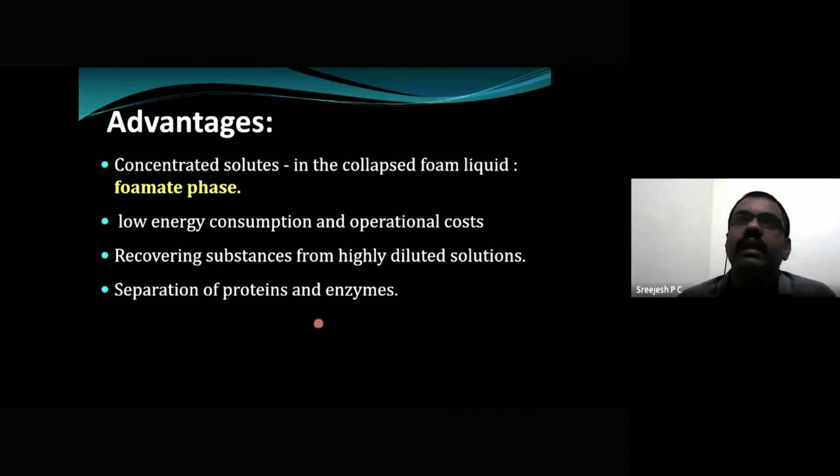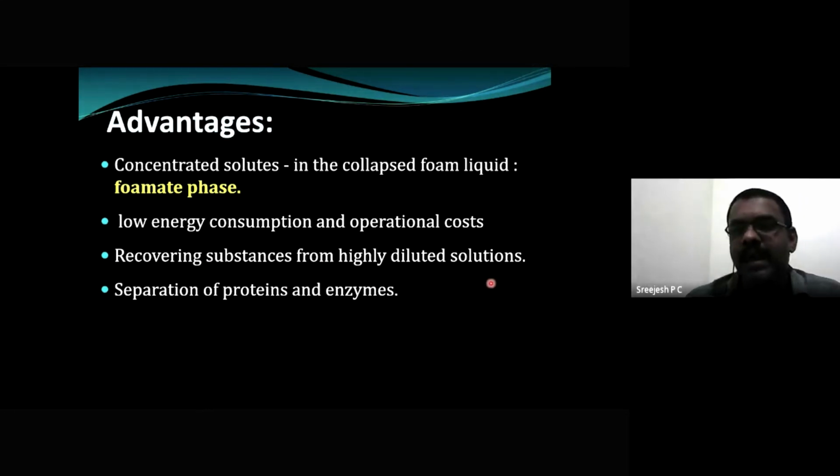Only what we require is to pump the air. Air pumping is only one cost producing area. But if you are using atmospheric air, then we may have to think about sterilizing the air, where we need to remove the other particles and the microbes that are present in the air. That may add up the cost. But if you are using an inert gas, that is not required.